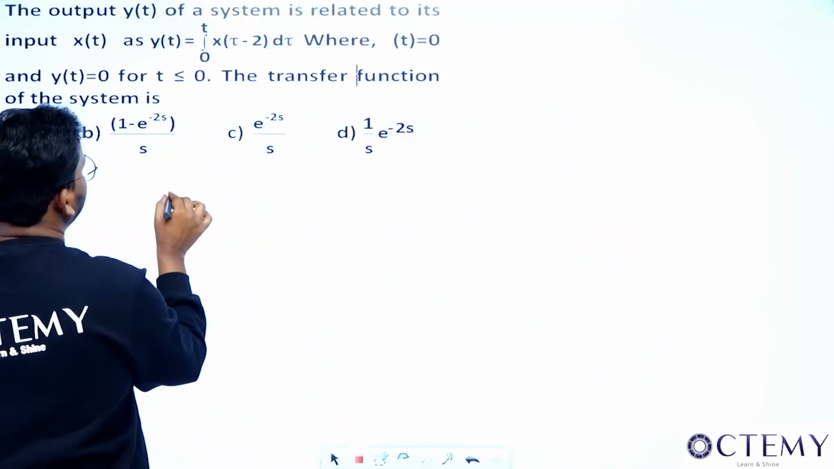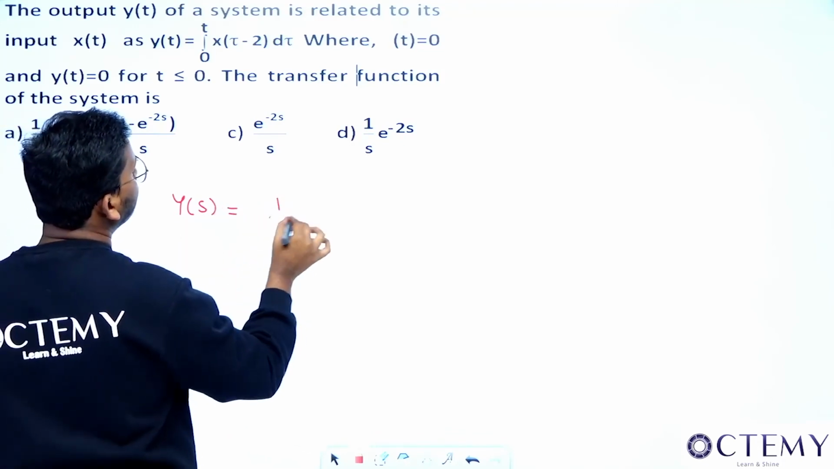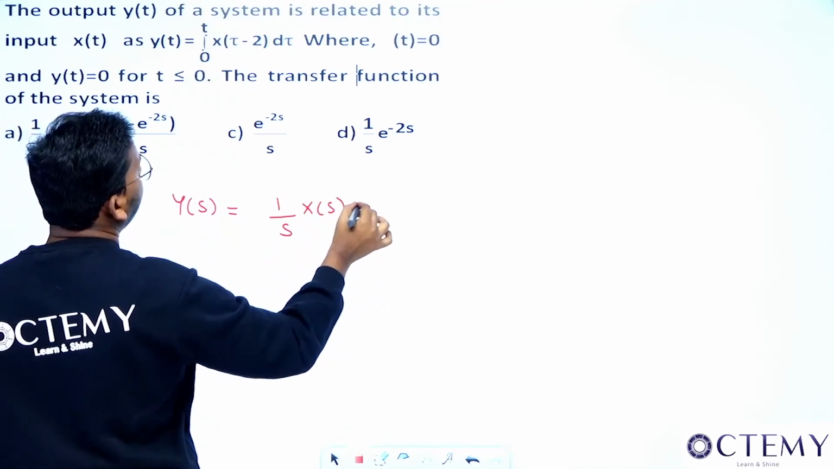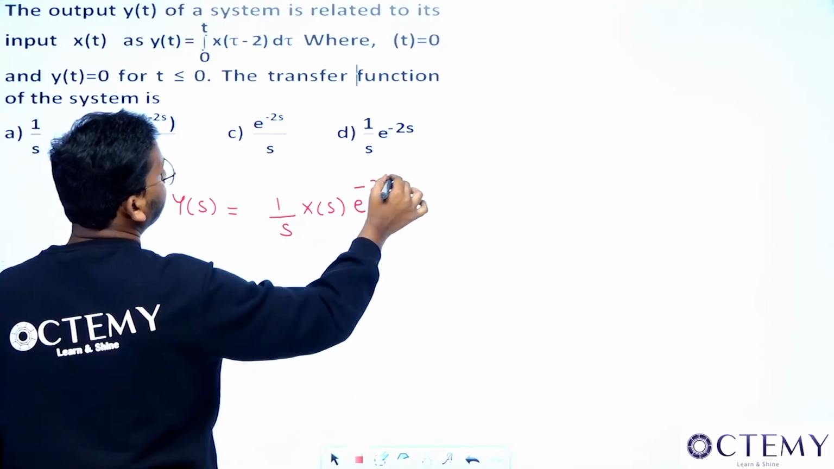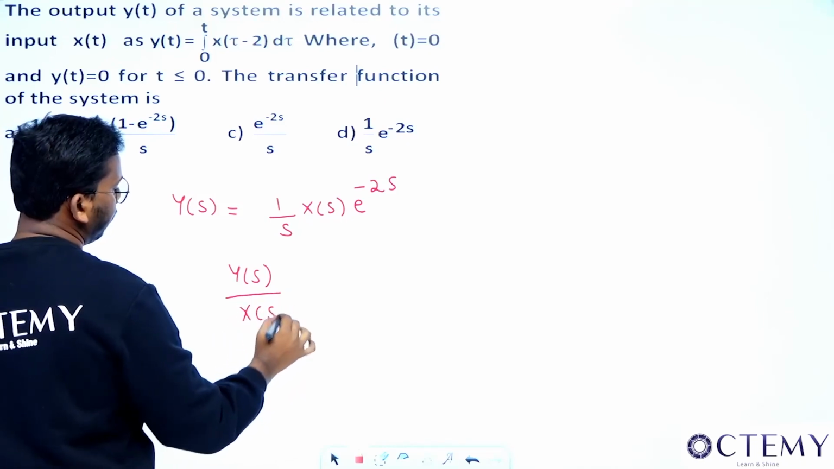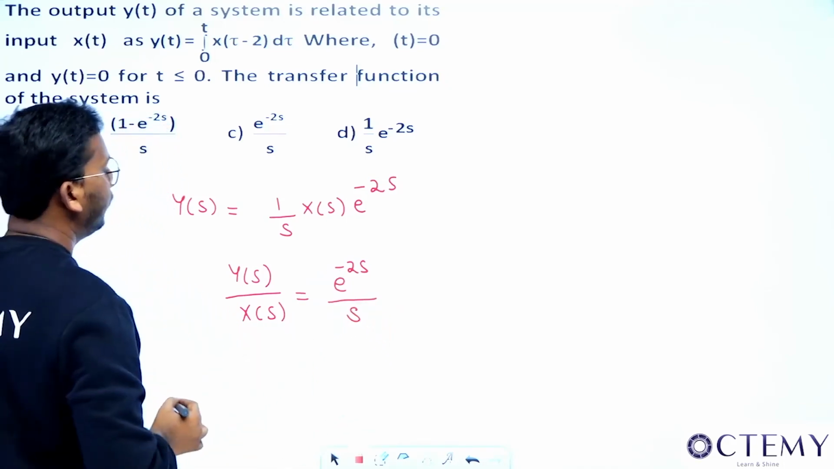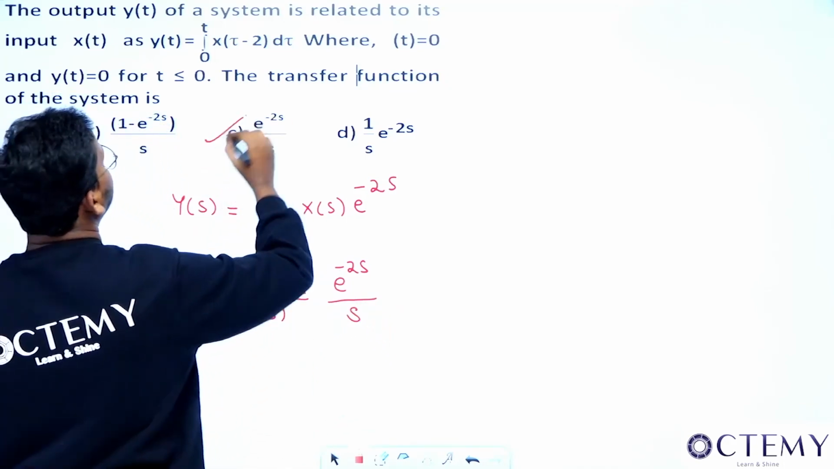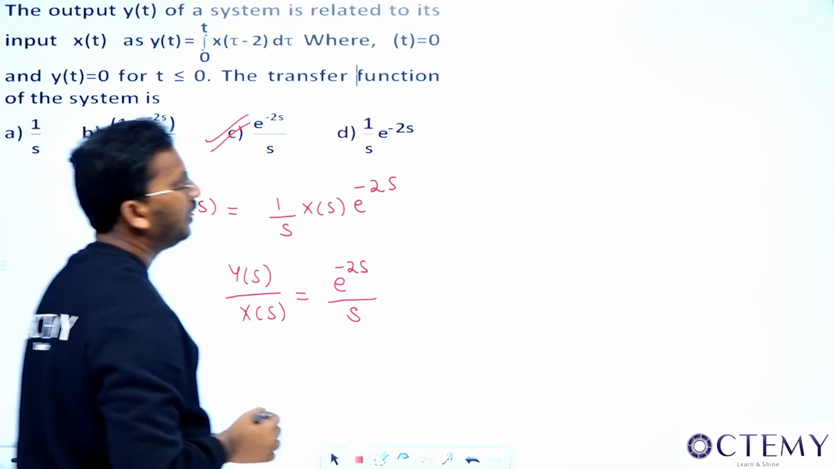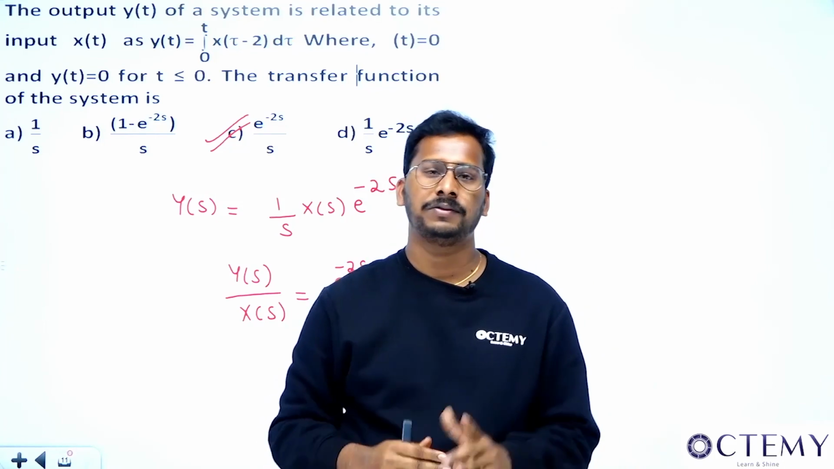If you apply Laplace to this, that will become Y(s) is equal to 1/s, because the integral is there, 1/s into X(s) into e^(-2s), right? So the transfer function Y(s) divided by X(s) will become what? e^(-2s) divided by s, right? So e^(-2s)/s is the answer. So this should be the answer for this particular question. This was asked in 2019 for 1 mark, right? So these are some of the questions which were asked in your transfer function topic, that is finding the transfer function